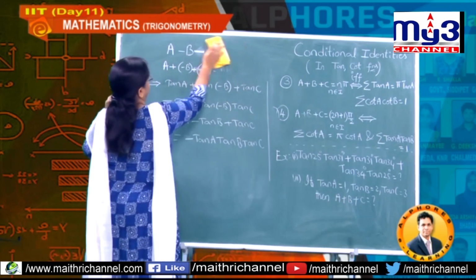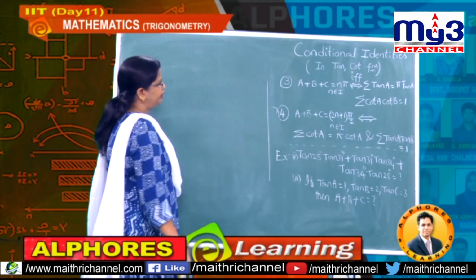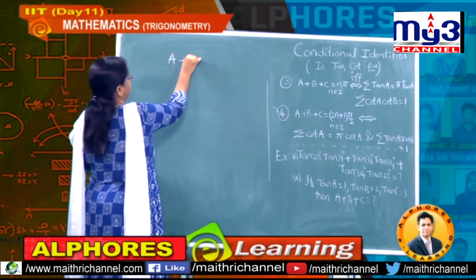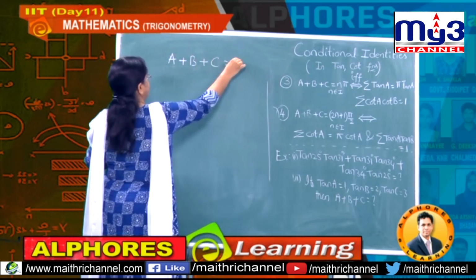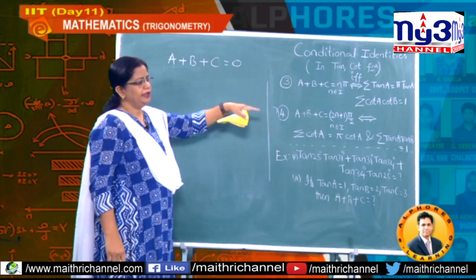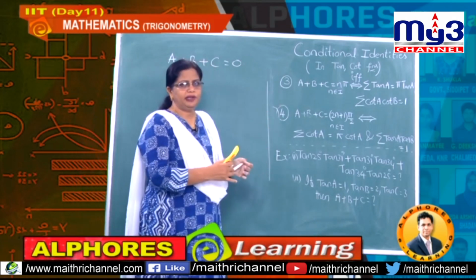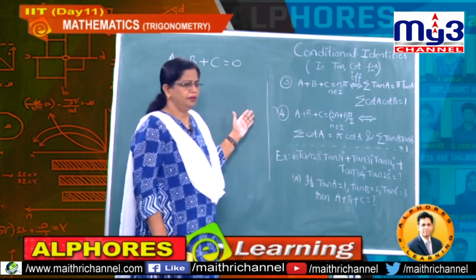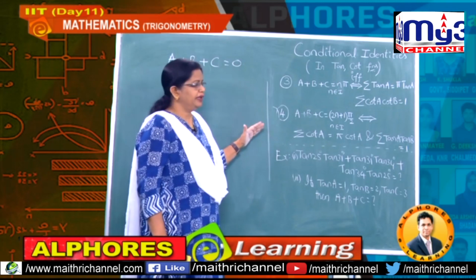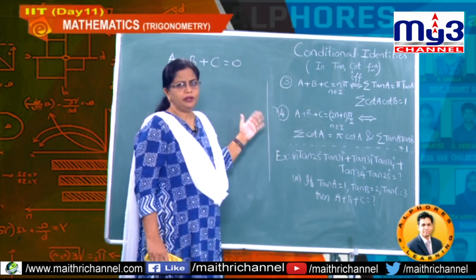Now what will happen if n is completely 0? Understand, if n is 0, what will happen here? Then A plus B plus C equal to 0, got it? So A plus B plus C is 0, then also you got sigma tan A equal to how much? Pi tan A. So in this way students, these results are very important. Every time whenever I am telling very important, don't misunderstand, these are only for this chapter. These will come many times, especially extreme values, we apply this formula many times.